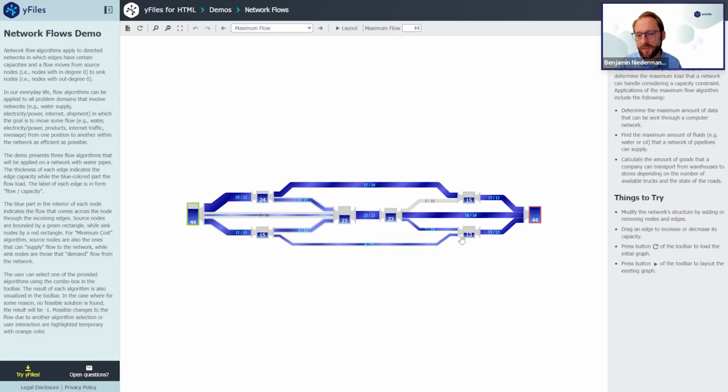So the idea is to find out the maximum load that a network can actually handle. Basically you have a source node and a target node, and you have some kind of flow that goes from the left to right. It does not need to be a fluid. It could be data, it could be some other kind of information, but you have some kind of load here. And you would like to find out what is the maximum load the network can handle. Here the intuitive metaphor is to say, okay, we model it as a fluid, because with fluids, we are all somehow familiar, and we know, okay, if I have a thin pipe represented by this edge here, then